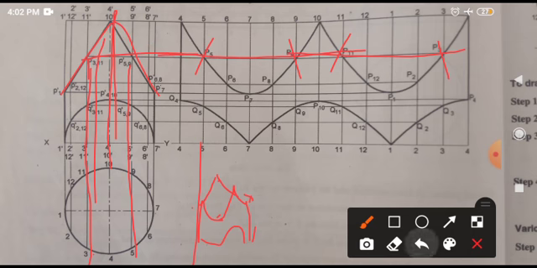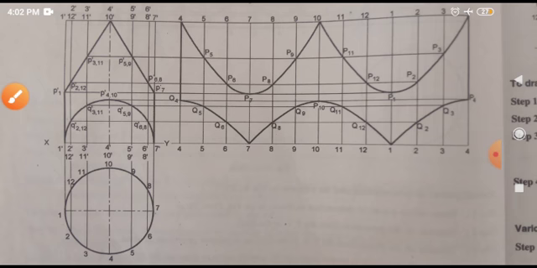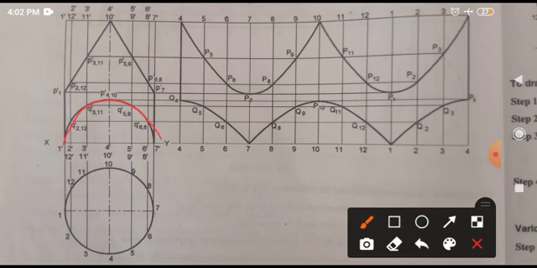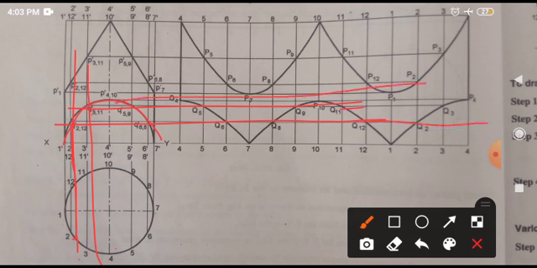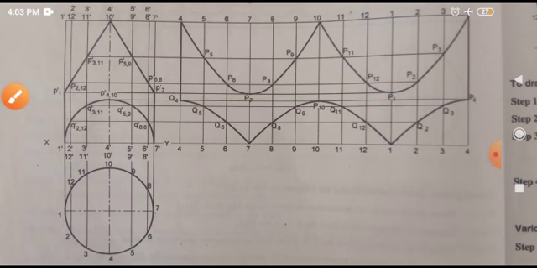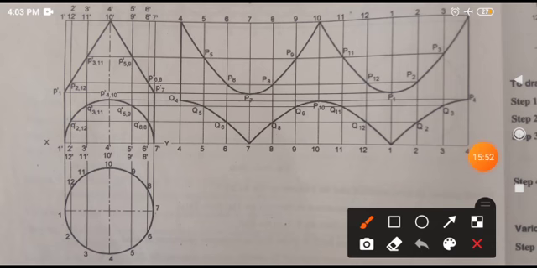Now you have completed the triangle, but what about this circle? In the same way you also have to take this same projection. These lines have already passed through this circle. You just have to draw this horizontal projection and you will get this figure. If any difficulty occurs while drawing this, please contact me. I will explain how to draw this.